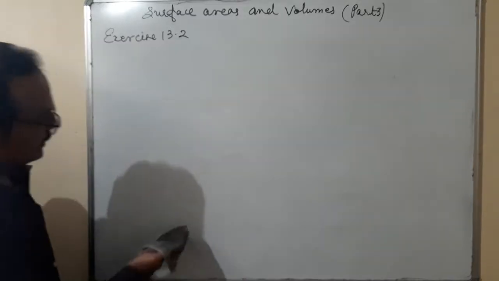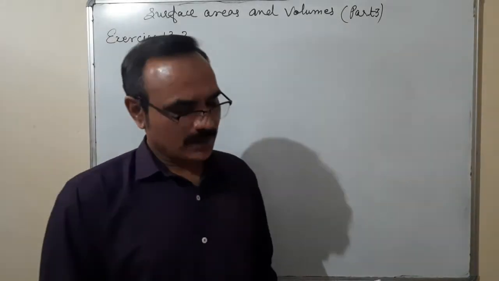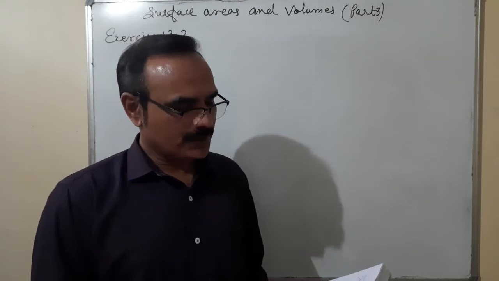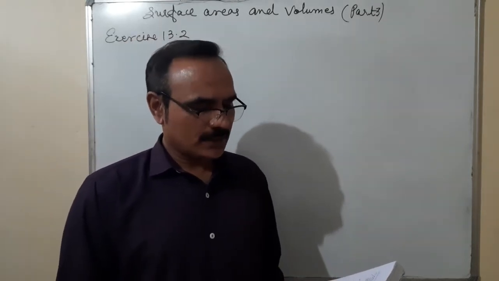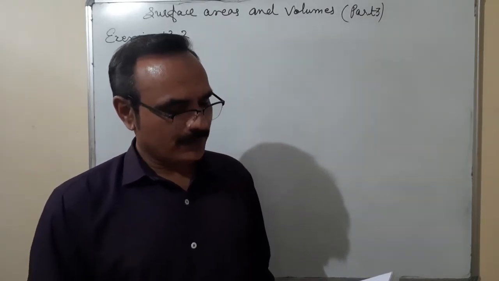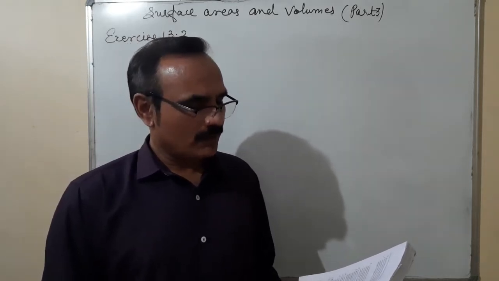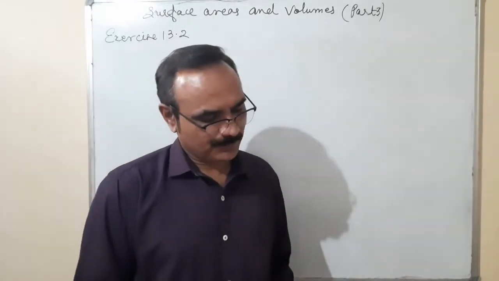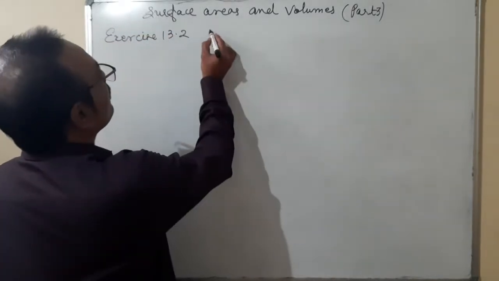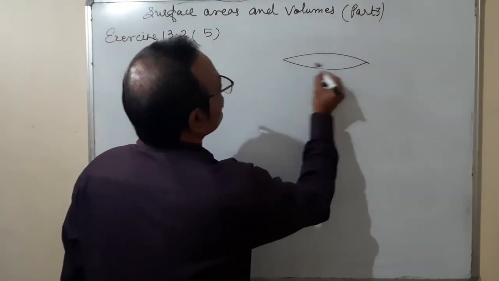After this question, I am taking the next question, question number 5. A vessel is in the form of an inverted cone. Its height is 8 centimeter and the radius of its top, which is open, is 5 centimeter. It is filled with water up to the brim when lead shots, each of which is a sphere of radius 0.5 centimeter, are dropped into the vessel. 1/4 of the water flows out. Find the number of lead shots dropped in the vessel.